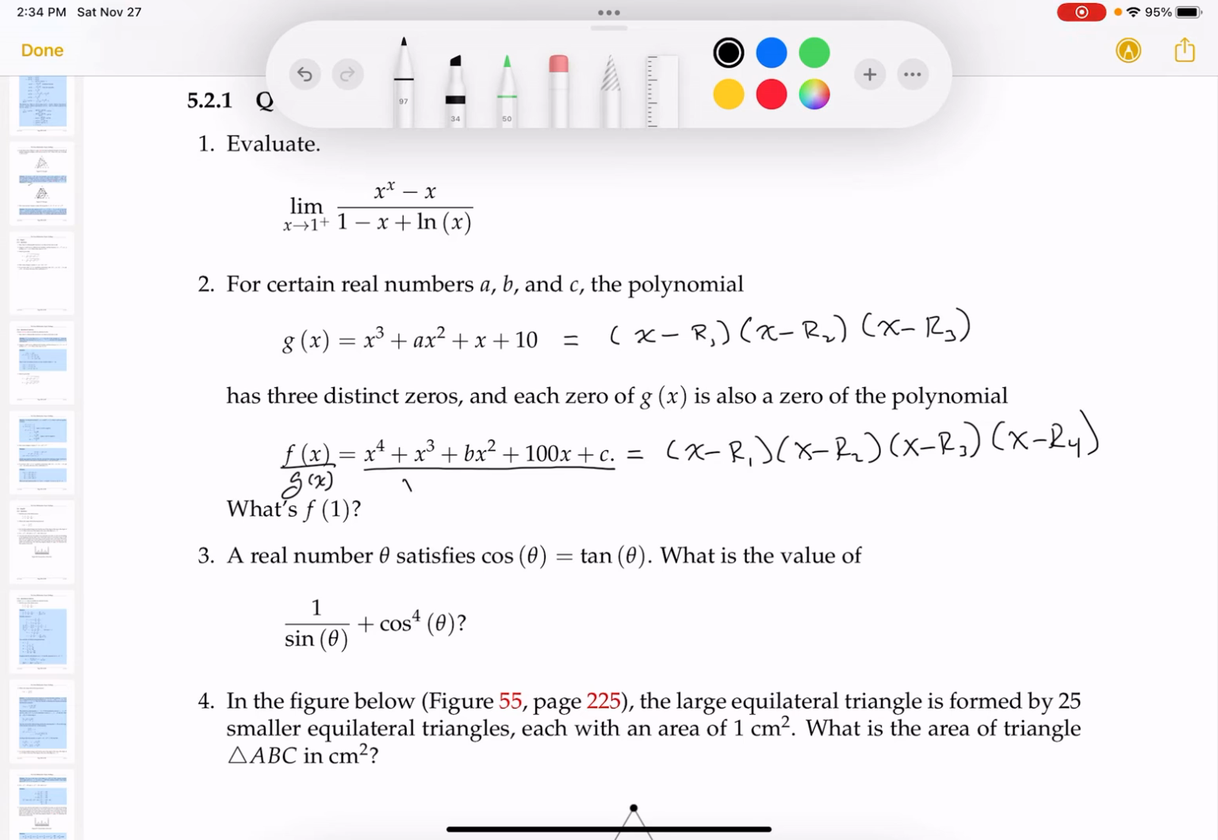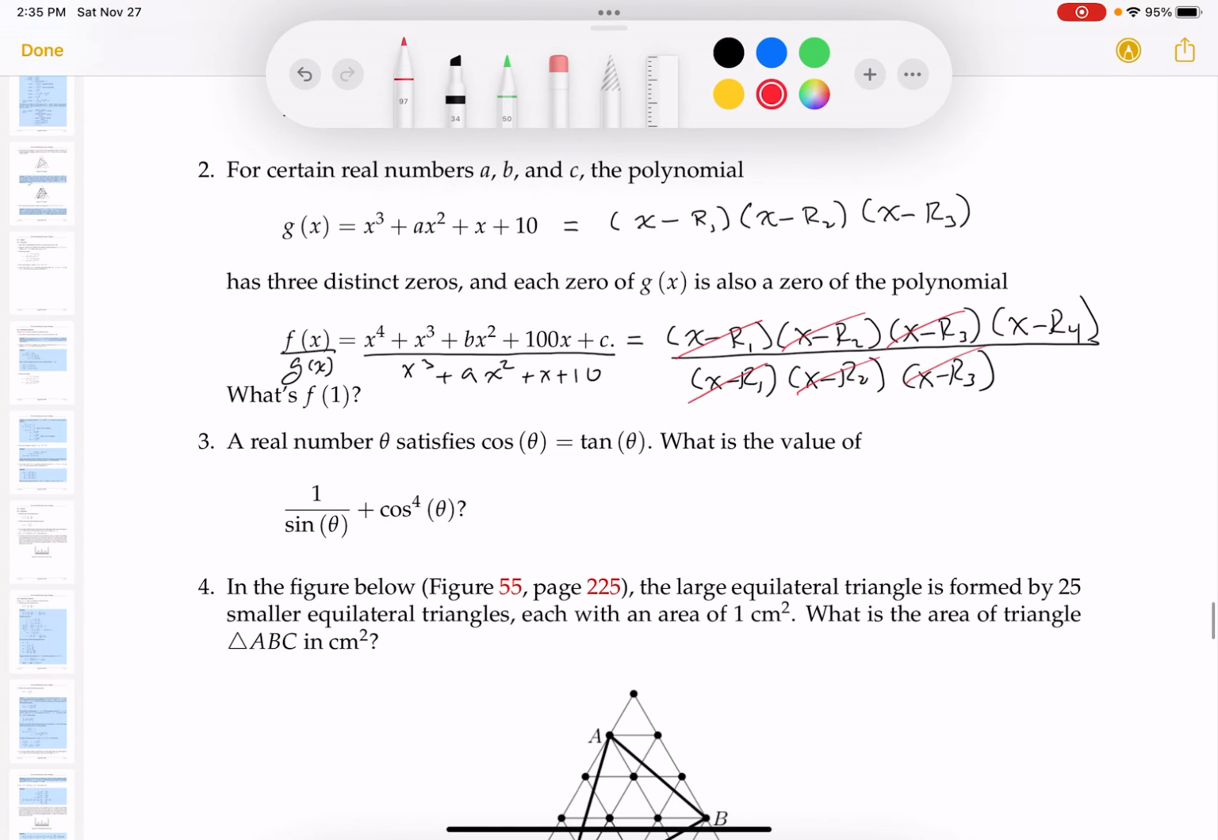And let's see, that's x cubed plus a x squared plus x plus 10. And I'll divide this over here: x minus R1, x minus R2, x minus R3, right? And what's nice about this is that there are a lot of simplifications going on here. I'm going to say that these are going to cancel off. And what are we left off with? I'll write this down for you now. We're left off with